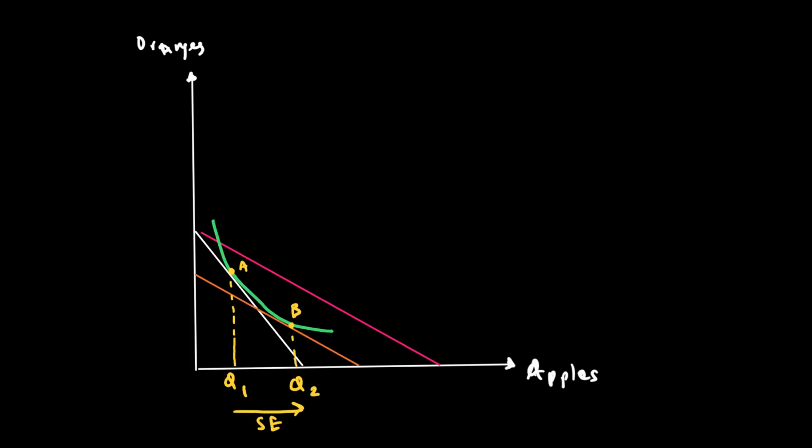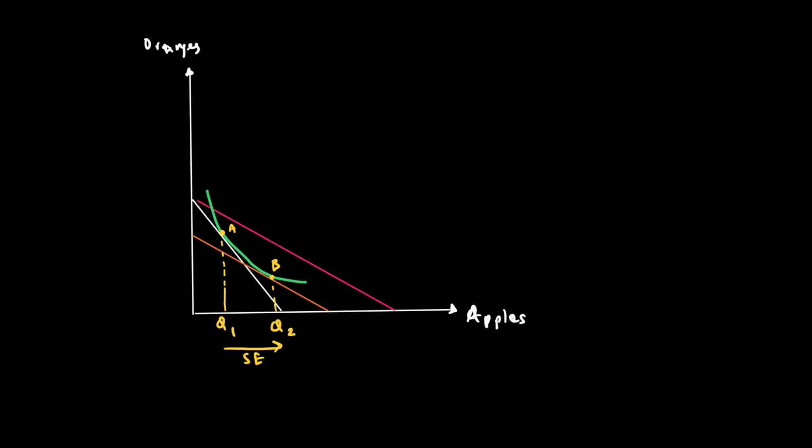But because the good is inferior, the problem that happens is this: when I look at my budget line, or the pink budget line, I will now make an indifference curve that is tangent to the budget line, but it is in between A and B. It is at this point C,